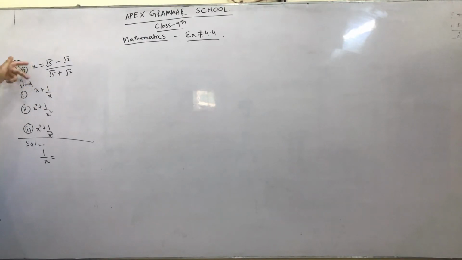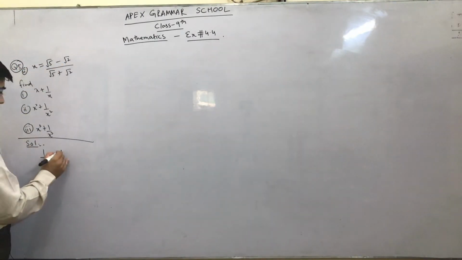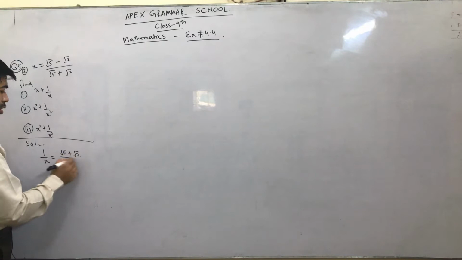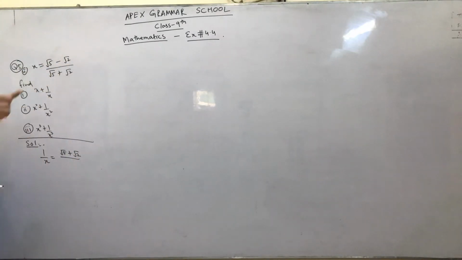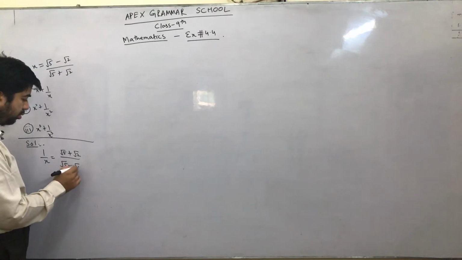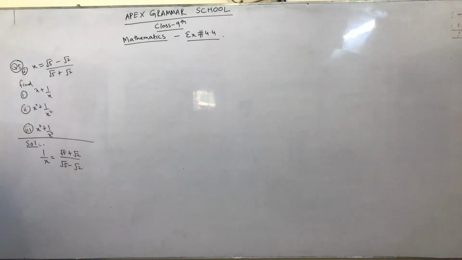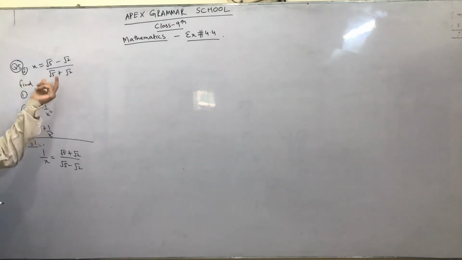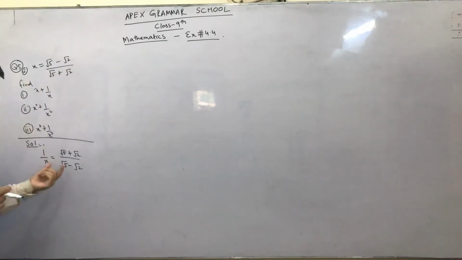We just have to revert this: square root 5 plus square root 2 on numerator, and this numerator is going to be in denominator, square root 5 minus square root 2. This is 1 over x and this is x. We have both values. You can see here that the x denominator is also irrational and the 1 over x denominator is also irrational. So you can solve easily